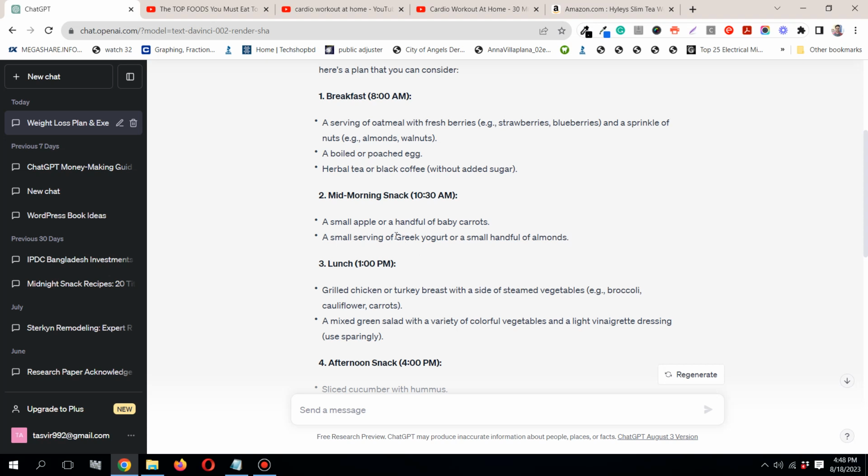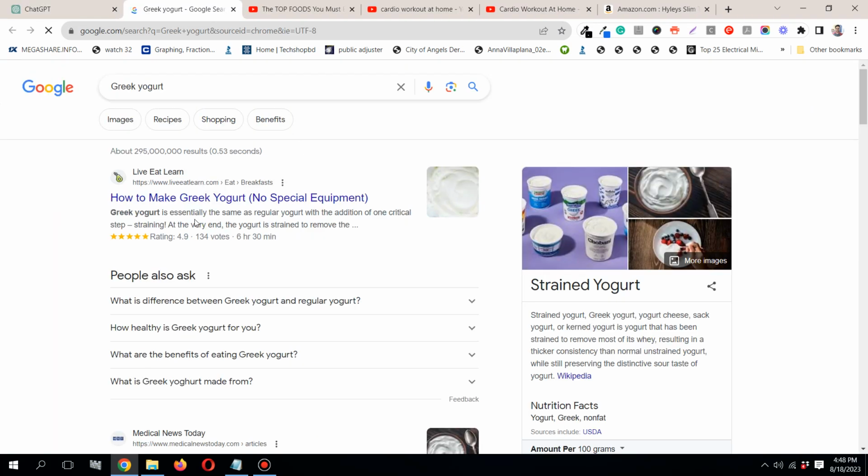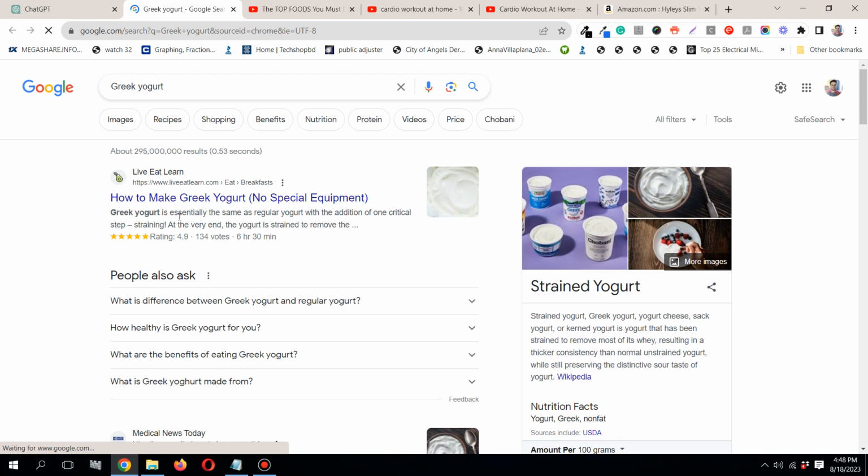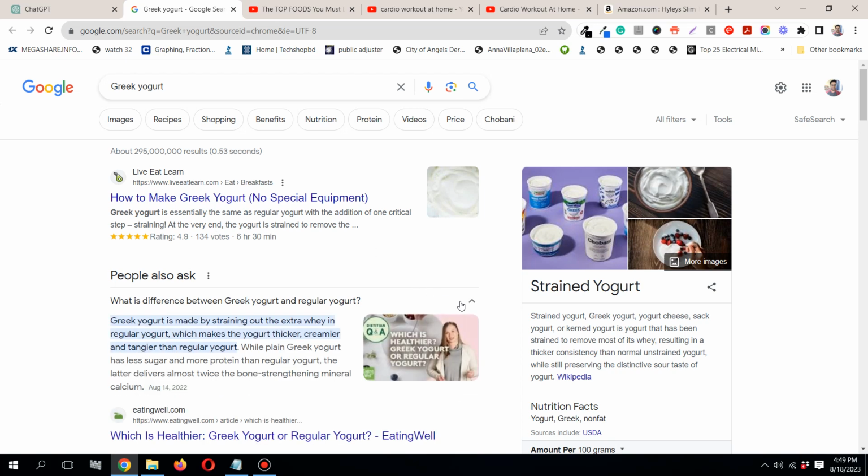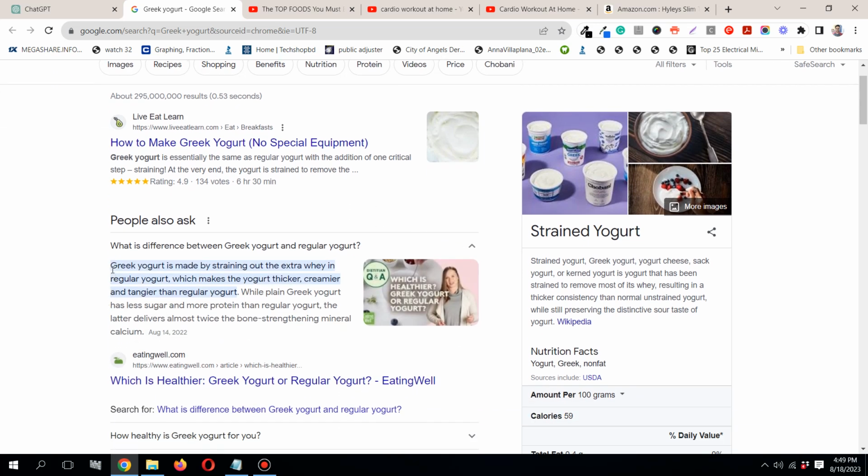For example, Greek yogurt. Let's search what Greek yogurt is. A Greek yogurt is essentially the same as regular yogurt, with the addition of one critical step, straining. At the very end, the yogurt is strained. Greek yogurt is made by straining out extra whey in regular yogurt, which